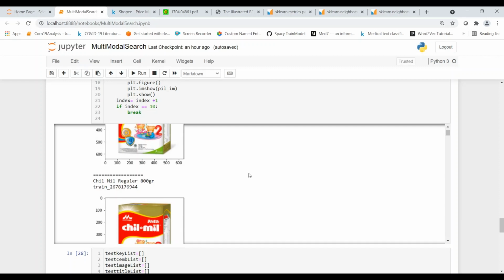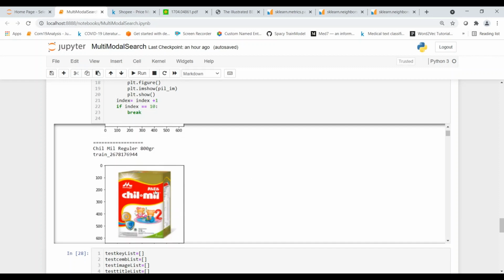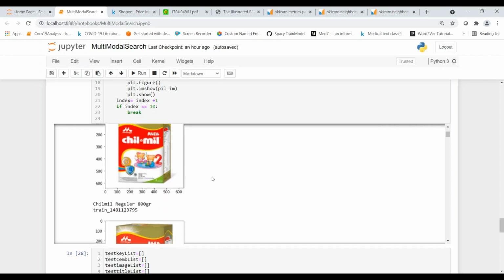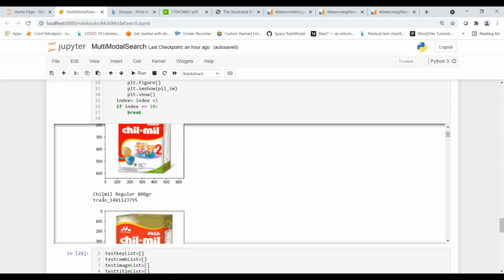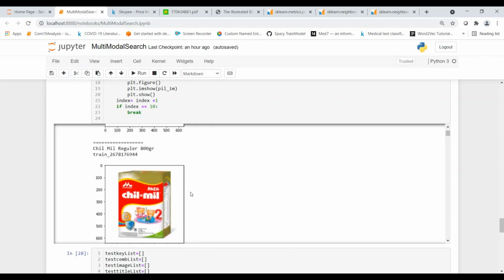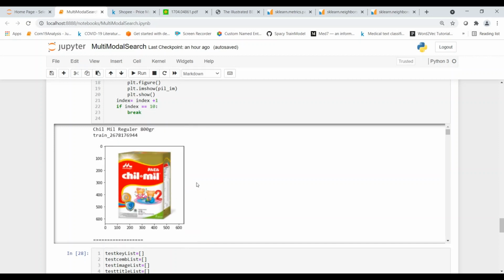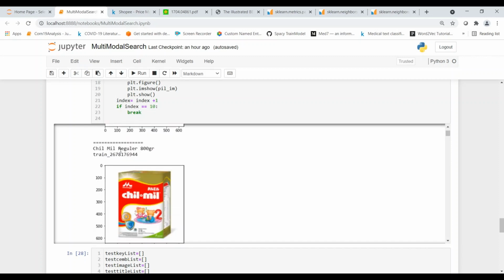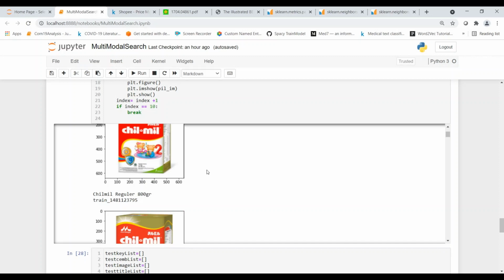Now the similar images to this are itself, obviously, because we are using the distance, it should match itself. Then if you see, it matches some other postings also. Over here the description is chill mill regular 800 gram, which matches itself.